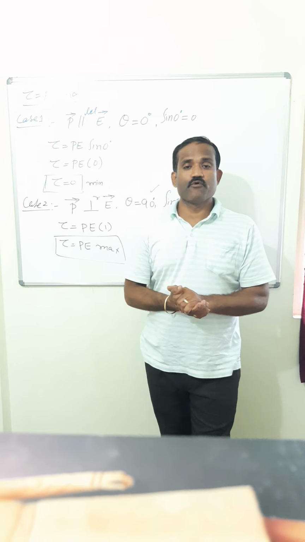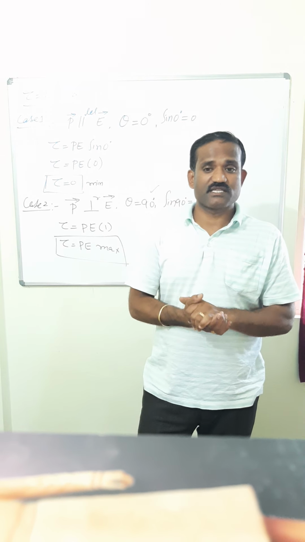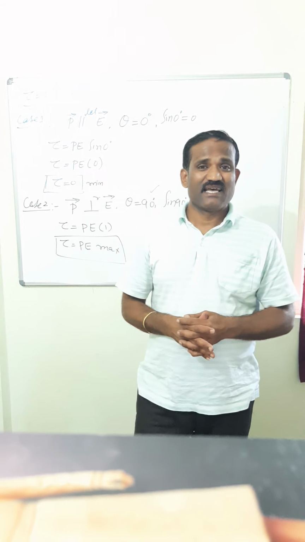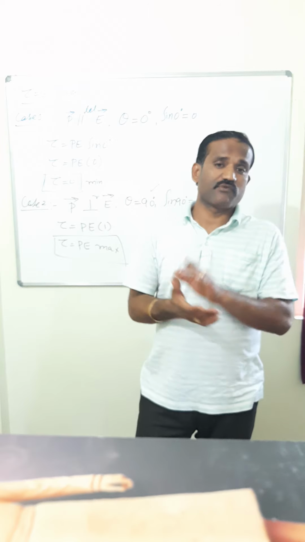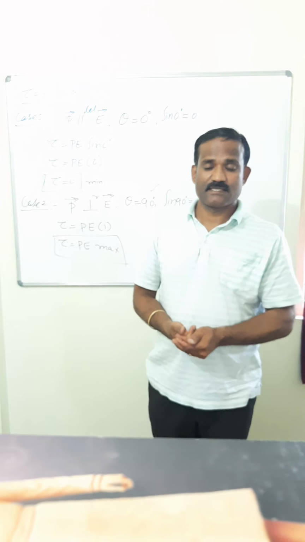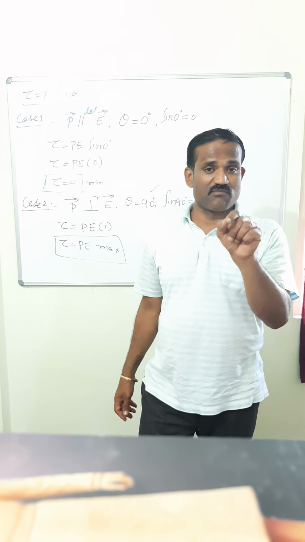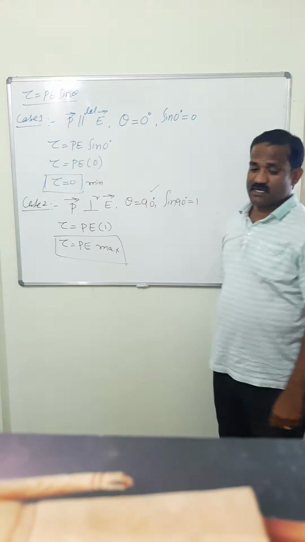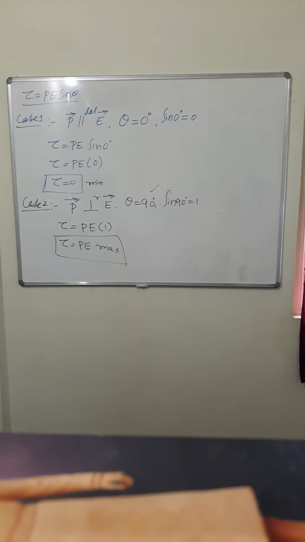Here you place a dipole. Dipole means a negative charge and a positive charge separated by small distance. As I said, sodium chloride NaCl. Na plus is plus Q, Cl minus is minus Q. Two equal and opposite charges separated by a small distance. If both Na plus ion and chlorine minus ion are placed in an electric field, it will constitute a torque. That is what is called as torque on an electric dipole. Please copy the things.